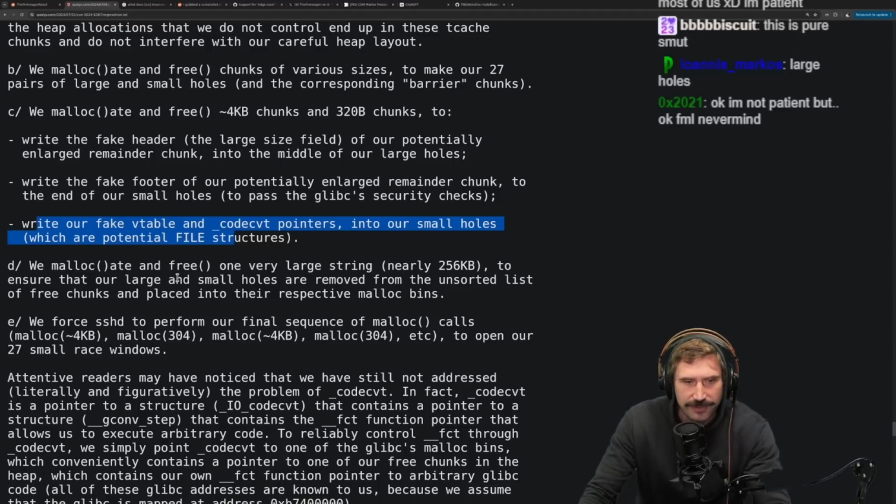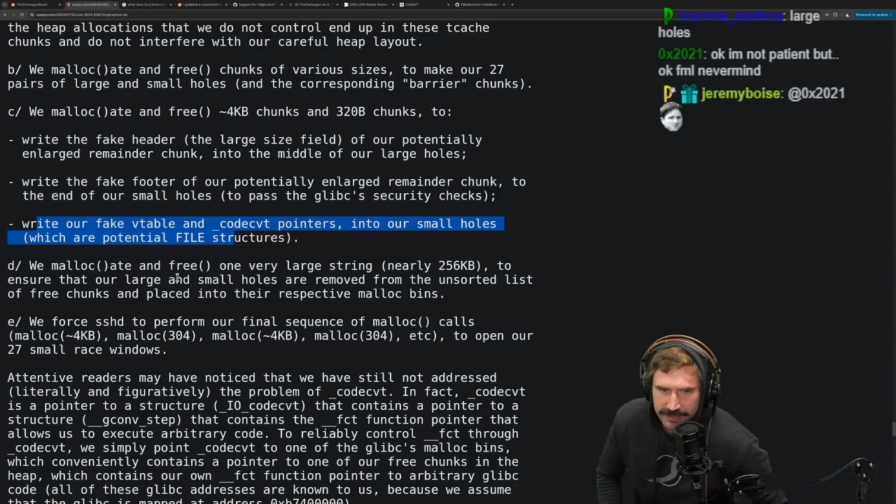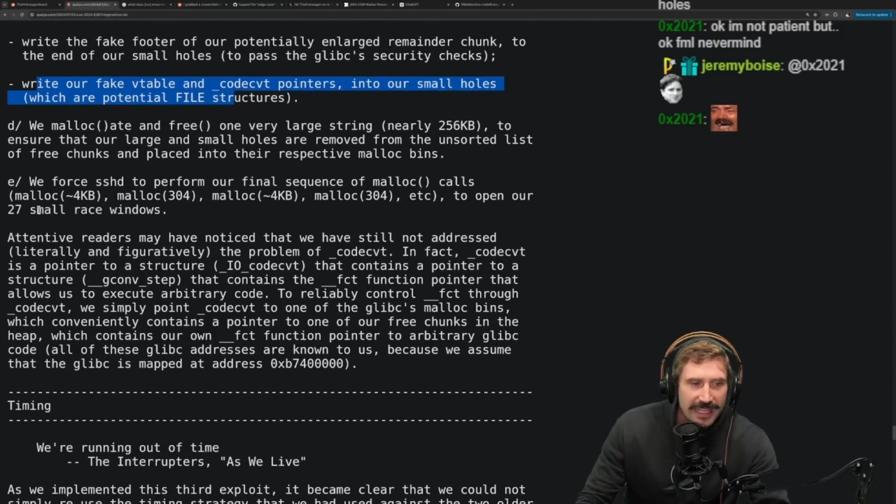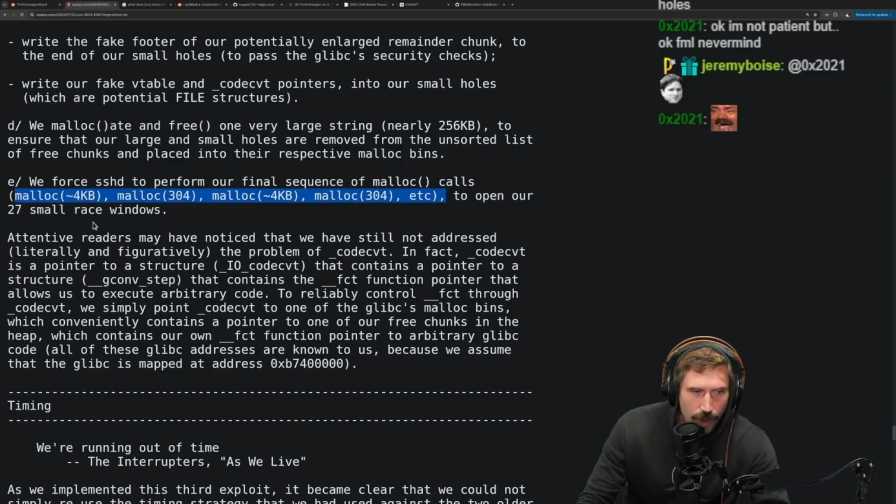D, we malloced and freed one very large string, nearly 256 KB, to ensure that our large and small holes are removed from the unsorted list of free chunks and placed into their respective malloc bins. E, we force SSHD to perform our final sequence of malloc calls, right here, to open our 27 small race windows.